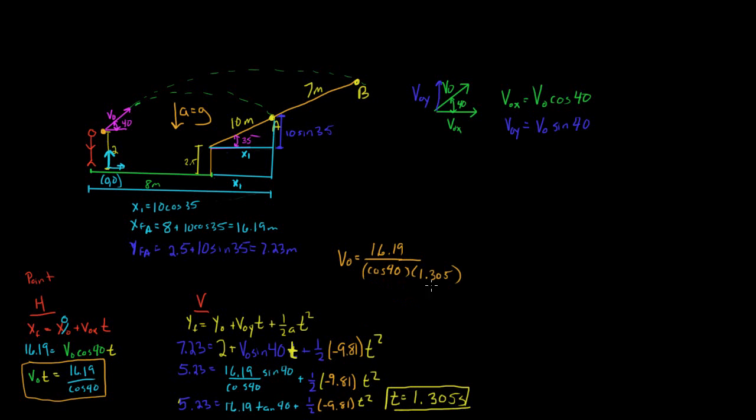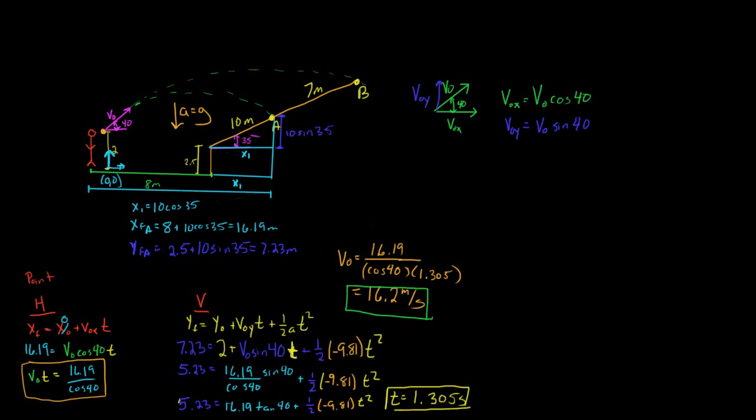And if we do that, we get an initial velocity of 16.2 meters per second. So in order to reach point A, we have to throw it at least 16.2 meters per second. Now, we have to do this entire procedure again for part B, and